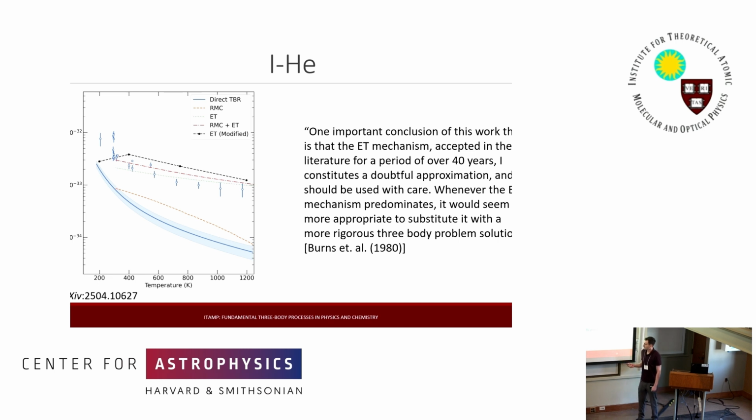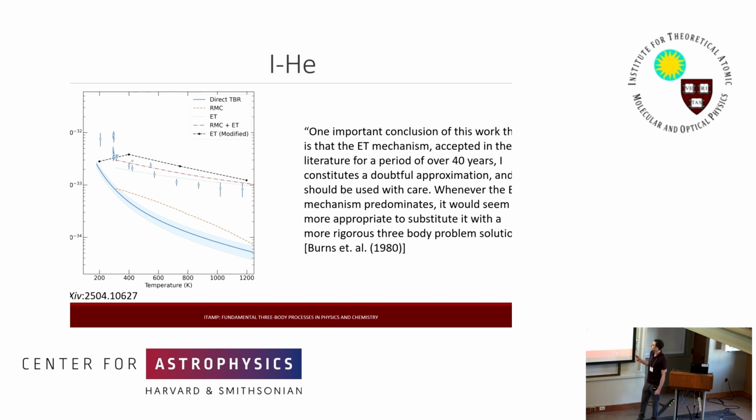And again, we have these energy transfer, RMC, and the combined values, which were calculated in the 70s. We also have this black curve, which is calculated in the final paper, the 1980 paper, where they see this dip at low temperatures. And this is pretty typical of the two-step approach, that it drops at low temperatures. And so